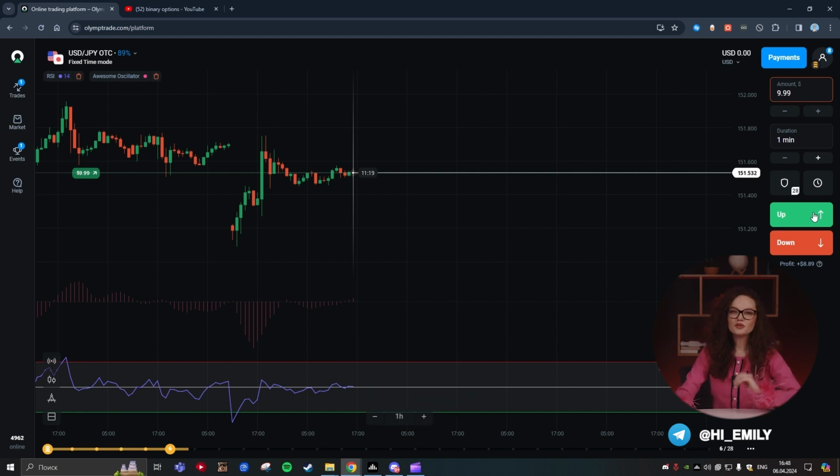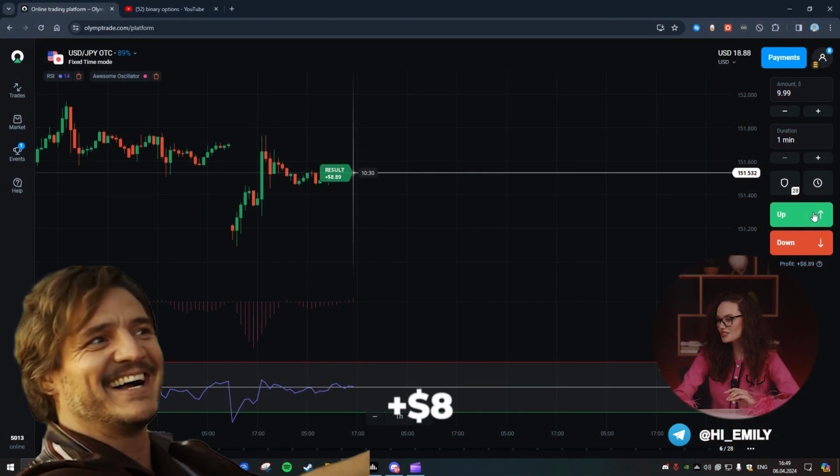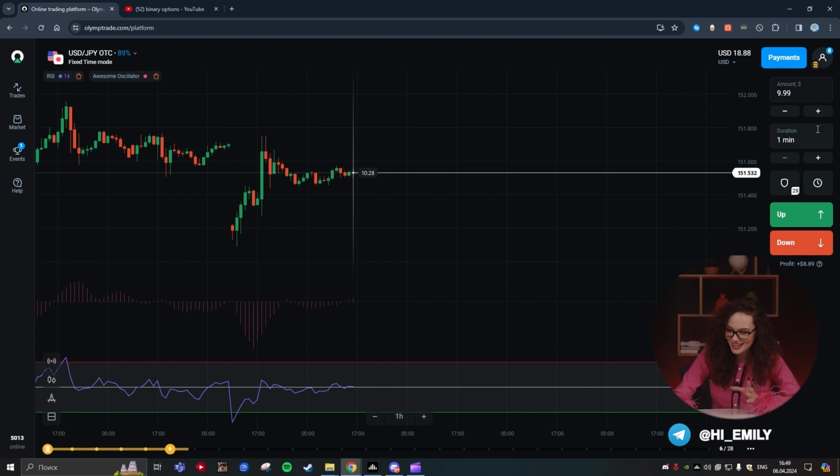$3,500. We open dollar and yen OTC and open our first deal for an increase in the amount of $10. Here is the intersection of our bottom-up moving average and a chart with an active upward movement. We are watching how our first deal confidently goes into the plus and waiting for the right moment for the